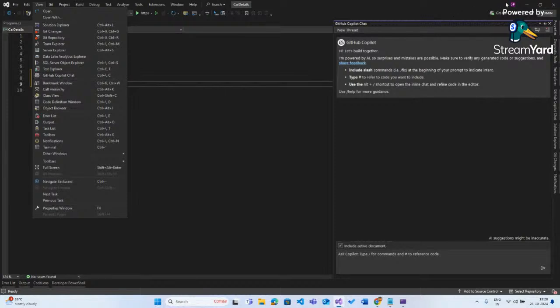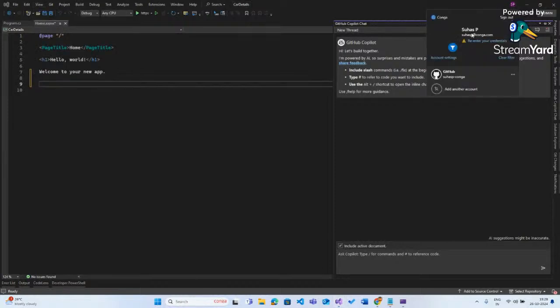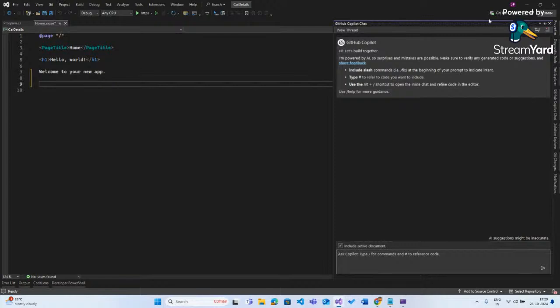Once you log in with your credentials, if Copilot is linked to your account, you should be able to see both GitHub Copilot and GitHub Copilot Chat. Basically, your GitHub is tightly bound to your Visual Studio license. Okay, so once this is done,